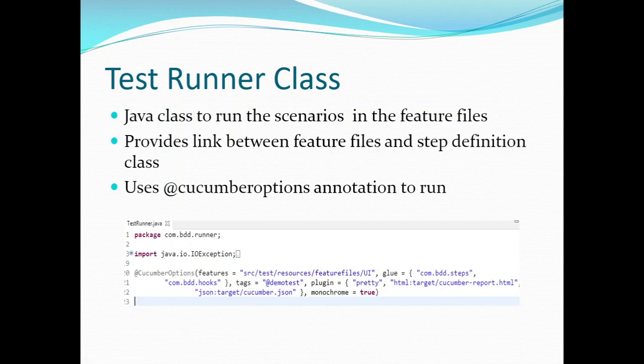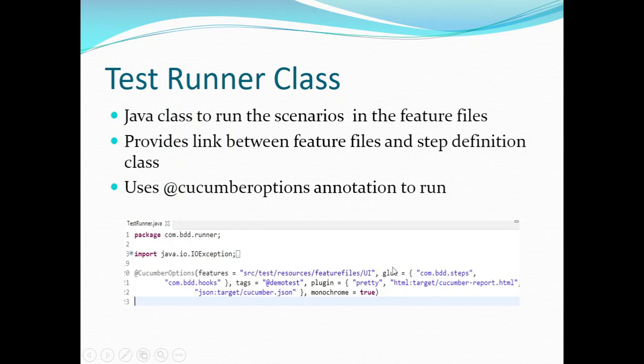And when you ask what we are going to define in this test runner file, so here you can see that we'll be defining the very important annotation, which is Cucumber options annotation. Under this annotation, we'll be giving the details of the feature file. So we'll be giving the path where the feature files are in our project. And apart from that, we'll be giving the path of the step definition packages as well. So when you ask what a test runner file is, it is basically a .java file, and the purpose of it is to start the execution. So using this @CucumberOptions annotation, it is going to execute the scenarios which we have